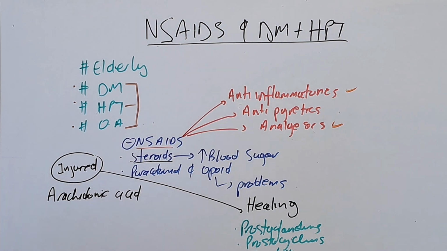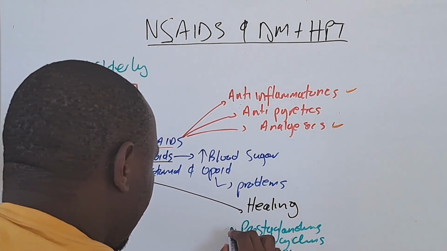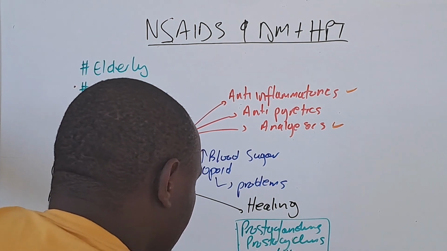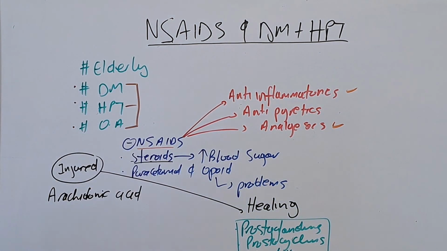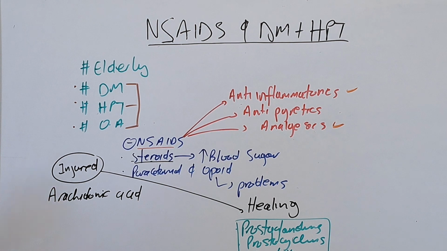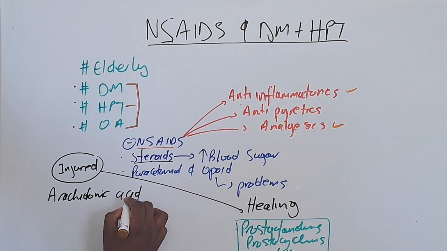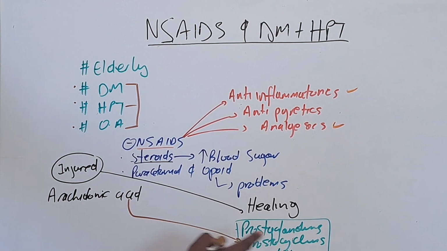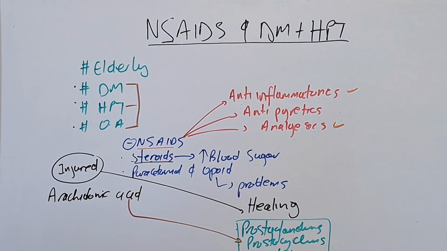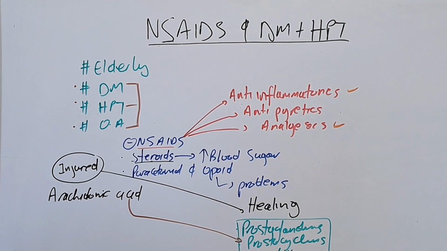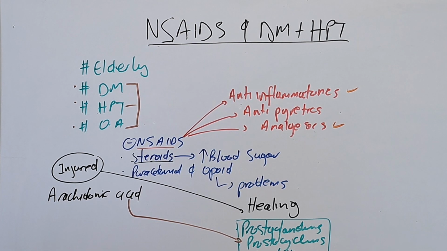So for you to get these guys, you need to convert arachidonic acid to give you those three. But to convert arachidonic acid into prostaglandins, prostacyclins, and thromboxane, you need a special enzyme called